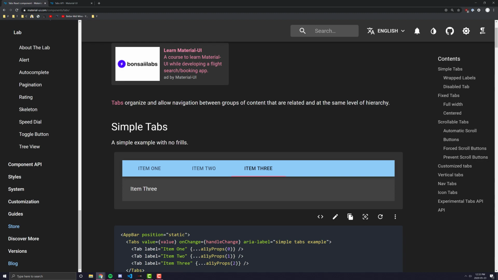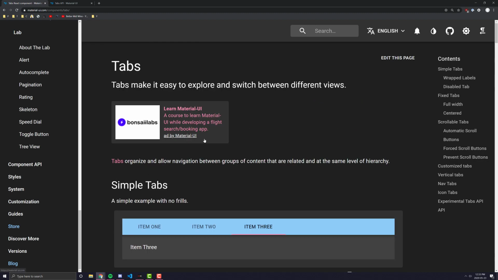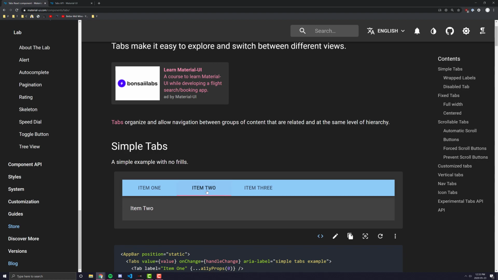documentation. We're also going to look at how we can use tabs with React Router so that when you, for example, are on a page, if you were to click on a different tab, the URL would change in your browser, and if you were to go to that URL, it would by default start off on the tab that